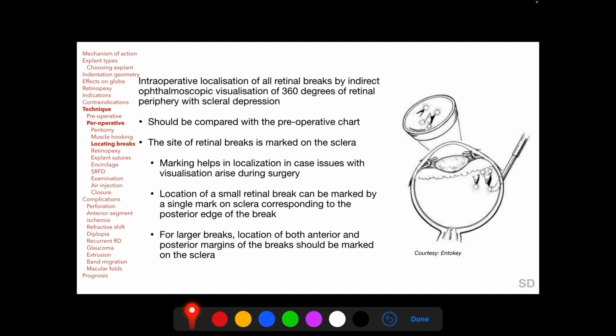Securing of the rectus muscle should be followed by intraoperative localization of all retinal breaks by indirect ophthalmoscopic visualization of 360 degrees of retinal periphery with scleral depression, and this should be compared with the chart prepared during preoperative assessment, and the site of the retinal break should be marked on the external surface of the sclera, with the location of a small retinal break indicated by a single mark on the sclera corresponding to the posterior edge of the break, but for larger breaks, location of both the anterior and the posterior margins of the break should be marked